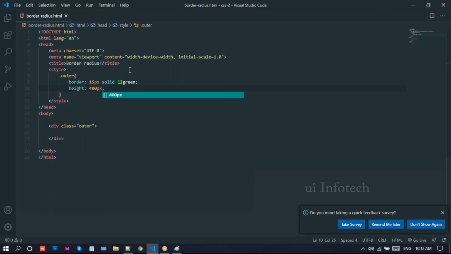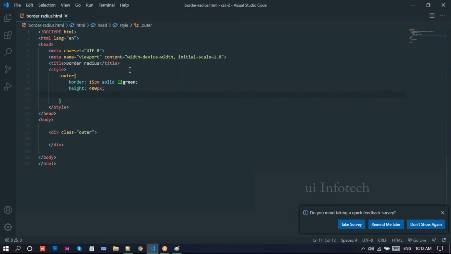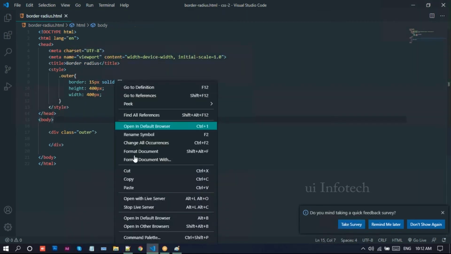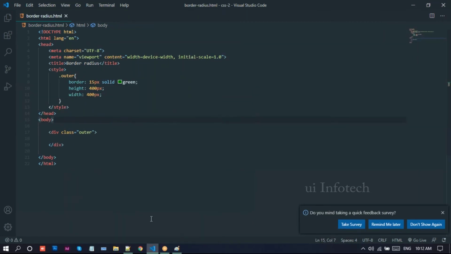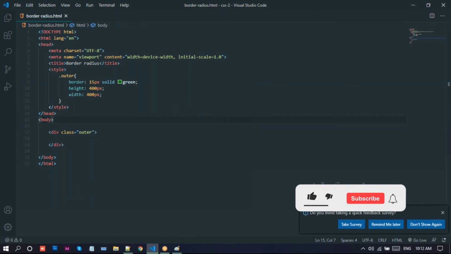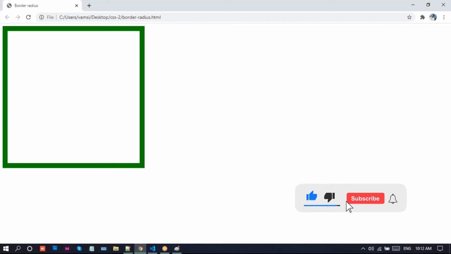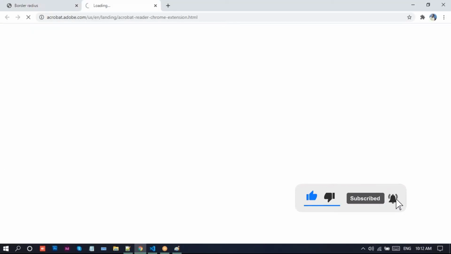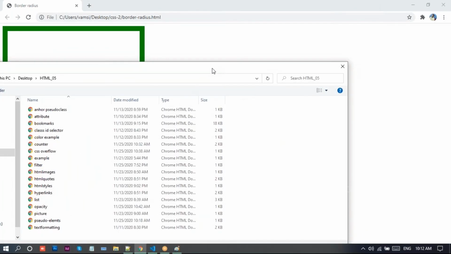Then height 400 and width also 400 pixels. Now let me run this in the browser. Right click, open in default browser. Now we get the div here with a border.